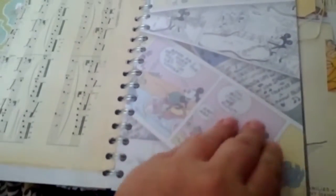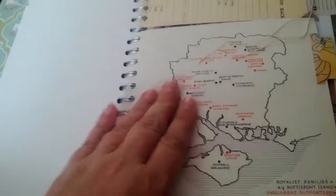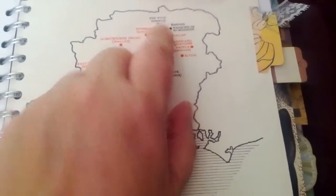Some Mickey Mouse paper that Laurie sent me again. This is one of my birthday cards. This is a map of where I live. It's actually, well, it's Hampshire. I live at the top here, near there, and this is sort of an old map